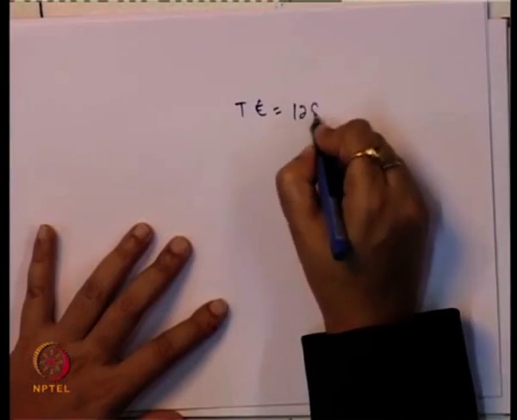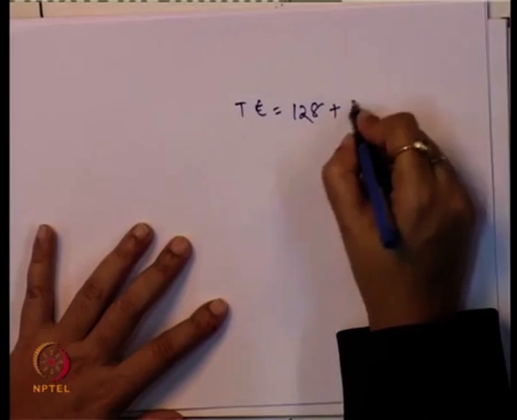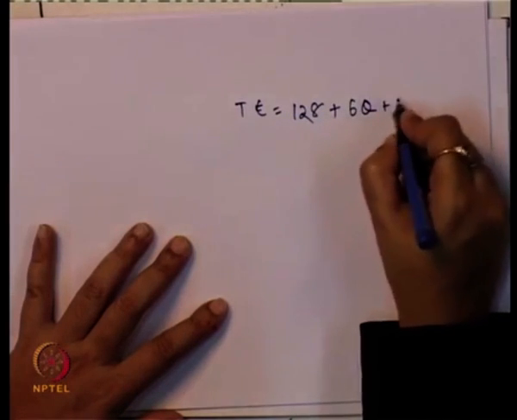Now, let us understand the same cost function in terms of the marginal cost. When we find the marginal cost and equalize the marginal cost and average cost, do we get the same level of output where the average cost is minimum? So, taking the same cost function again, suppose total cost is equal to 128 plus 6q plus 2q square.